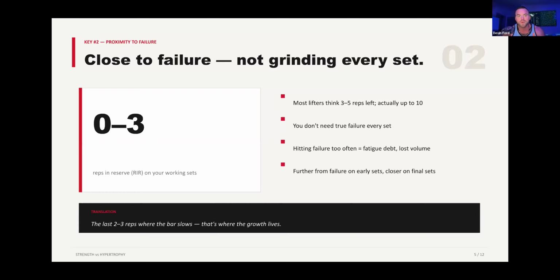So even though with hypertrophy you don't have to actually fail to get the stimulus to grow, you have to be within 0 to 3 reps of actual failure to grow, which means most people, when they go to failure, are not even coming close to growing the muscle. Does that make sense? They're usually 10 reps off, and they have to be within 3 to actually grow.